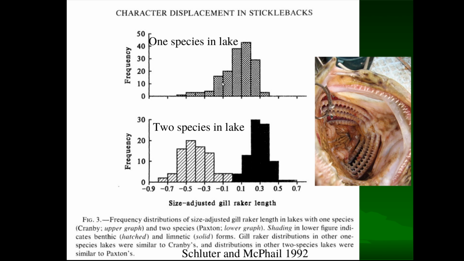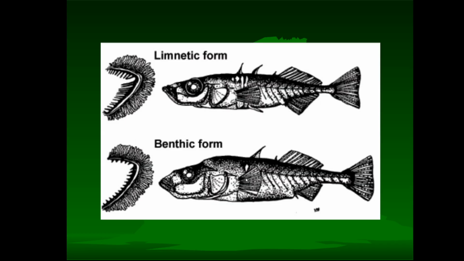Not only were there two different non-overlapping distributions of gill raker length in the two species, but the two species also lived in separate habitats within the lake, where their gill raker lengths were adapted to the food supply in those habitats. The species with the longer gill rakers